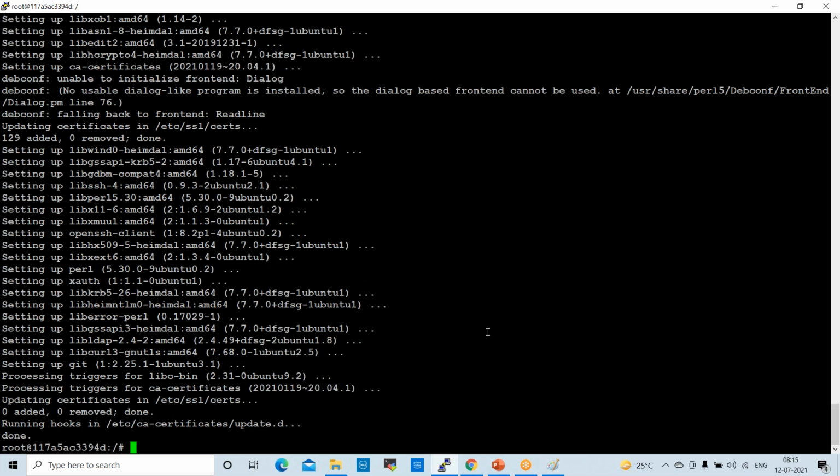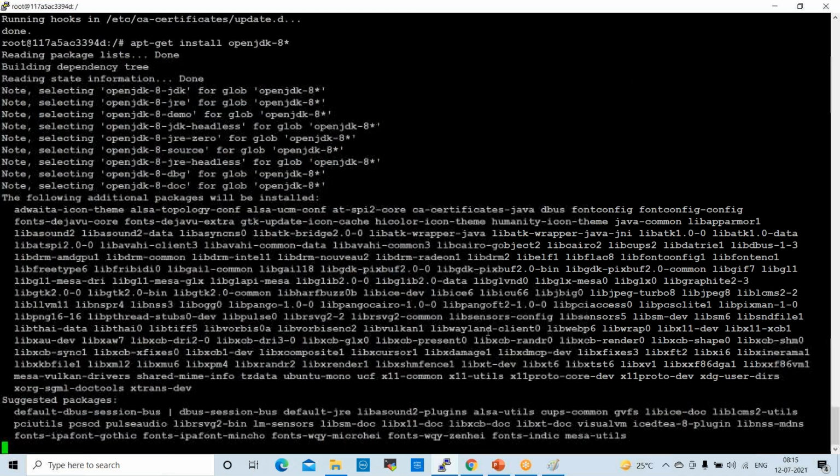After that, if you want to install one more package, you can install it, like apt-get install openjdk-8*. I want to install Java.